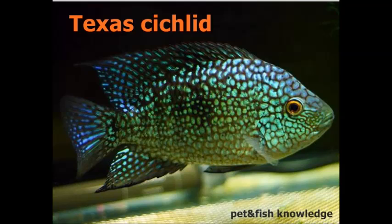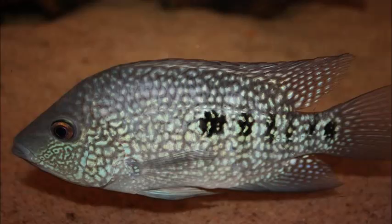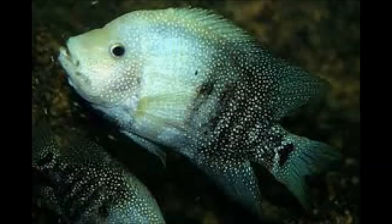Texas cichlid. The Texas cichlid, Herichthys cyanoguttatus, formerly Cichlasoma cyanoguttatum, is a freshwater fish of the cichlid family. This is the only cichlid species that is native to the United States. The fish, also known as Rio Grande cichlid, originates from the lower Rio Grande drainage in Texas near Brownsville and